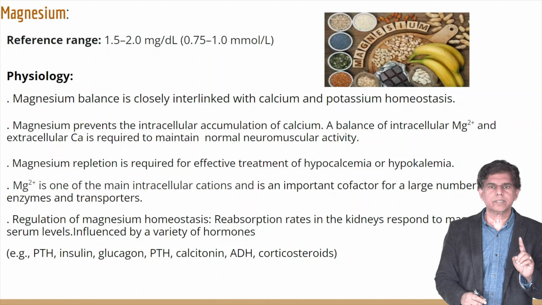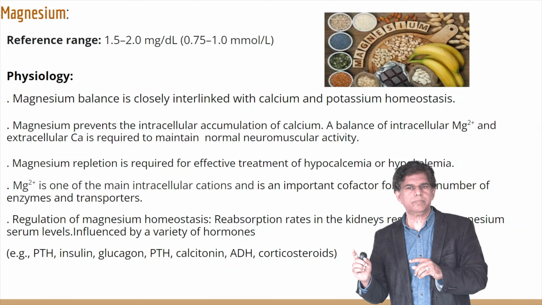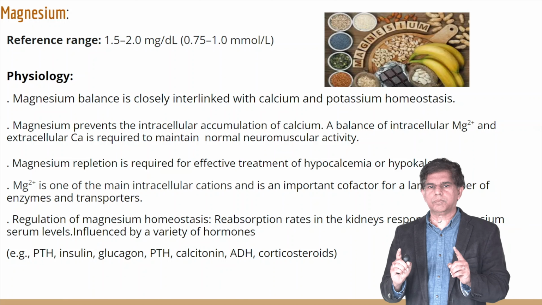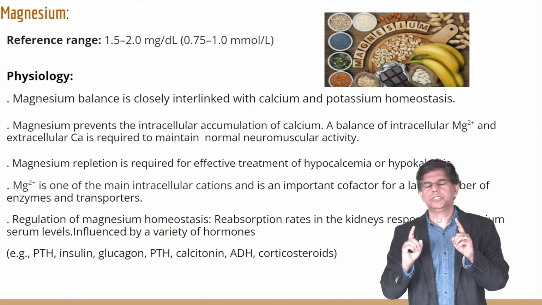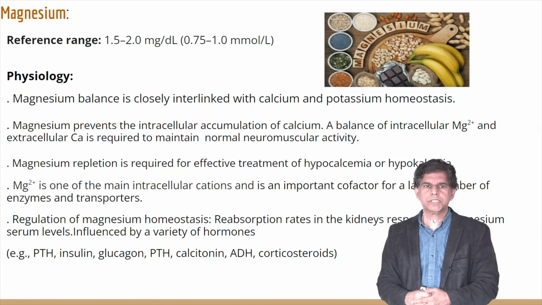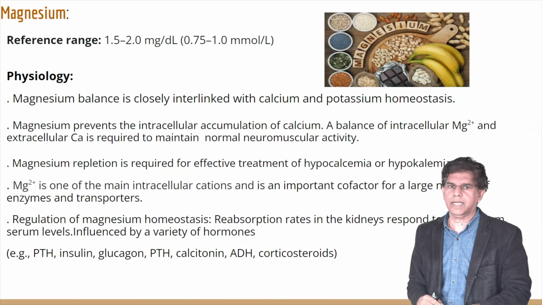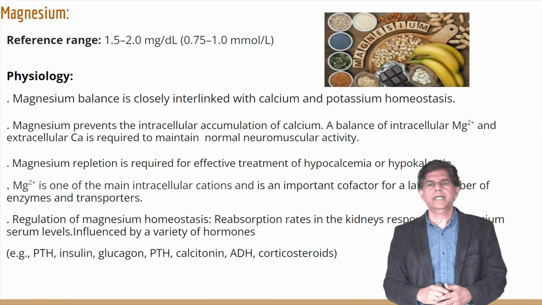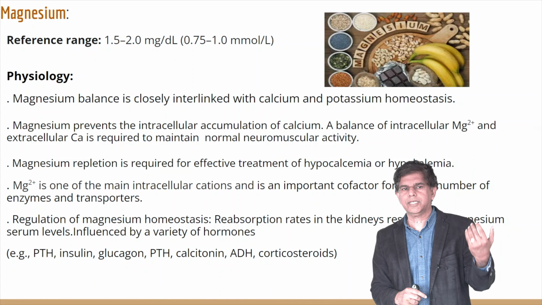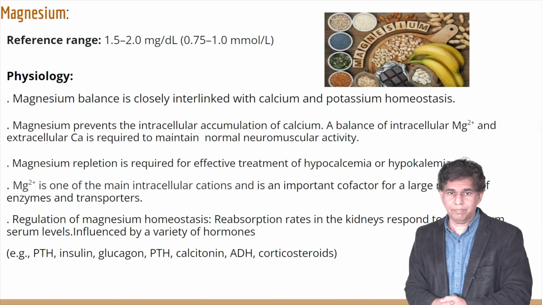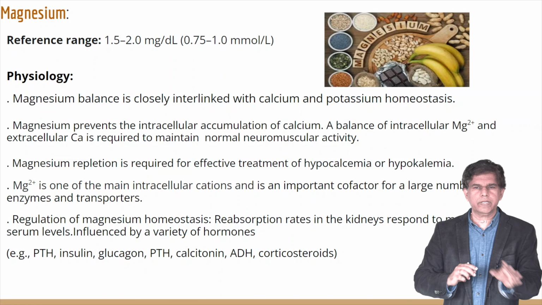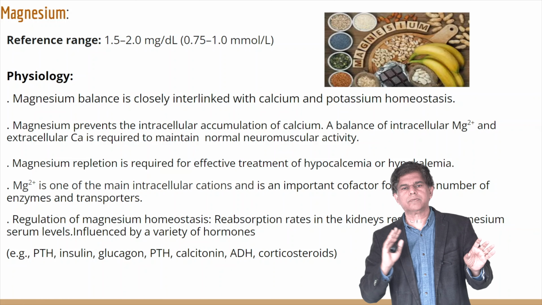Magnesium prevents intracellular accumulation of calcium. A balance of intracellular magnesium and extracellular calcium is required to maintain normal neuromuscular activity. So if you have to remember 2 electrolytes very closely linked, think about calcium and potassium, okay? Magnesium is one of the main intracellular cations. Remember, it's a cation. It's a cofactor for a large number of enzymes and transporters. That's why the effect is huge when you have hypomagnesemia. Regulation of magnesium homeostasis, reabsorption rate in the kidney, all of this creates the balance,